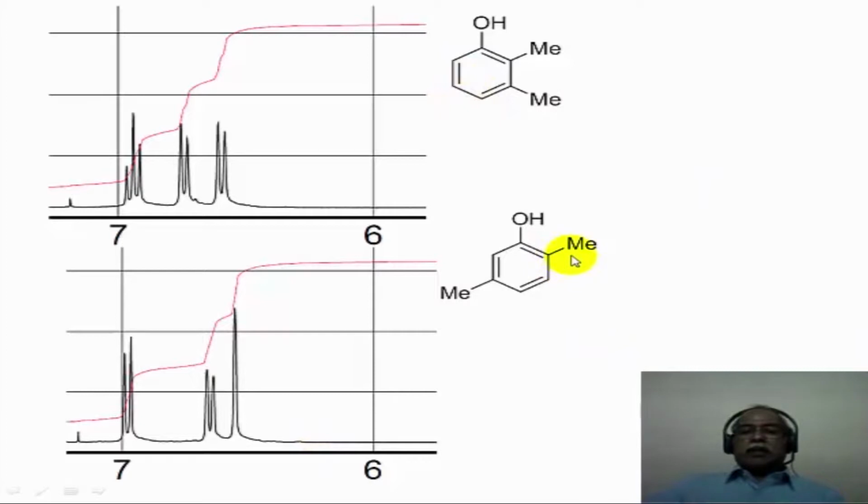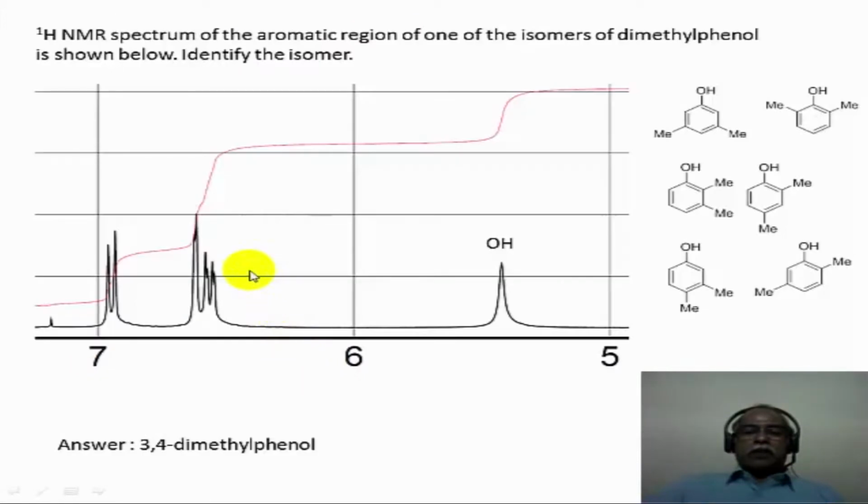Now let us take the case of 2,5-dimethyl phenol. In the case of 2,5-dimethyl phenol also, there is only one ortho hydrogen that is present here, and that should essentially come as a singlet, and that should be the lowest delta value. So you can see a singlet with the lowest delta value around 6.5 or so in this spectrum. So please keep this spectrum in mind and compare it with this spectrum here. The singlet here is coming at a slightly higher delta value compared to this doublet. That is because this has an ortho coupling partner.